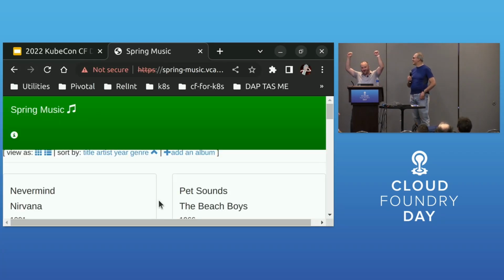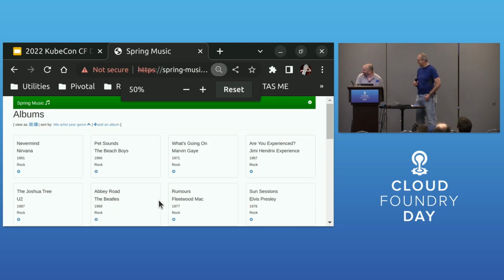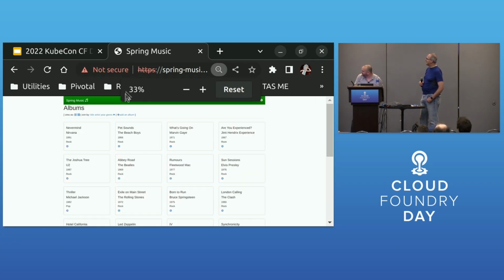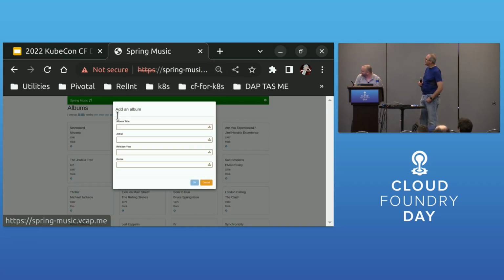It looks pretty bad. Let me see if I can get an album in here really quickly. I'm going to do this super quickly. I can't type.